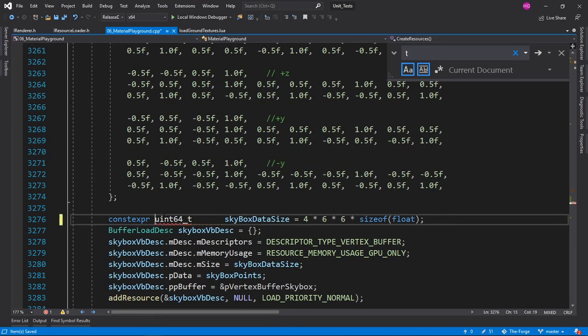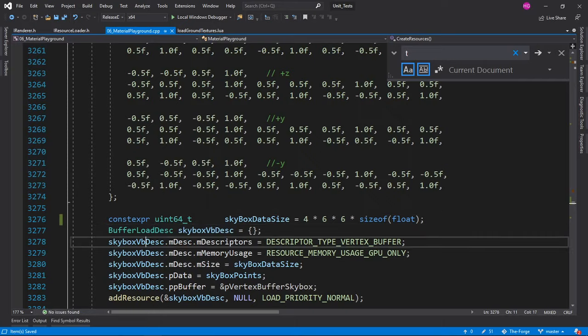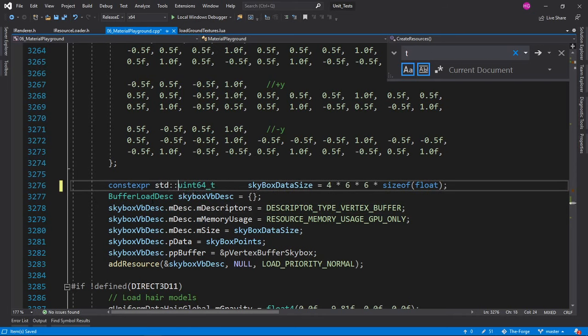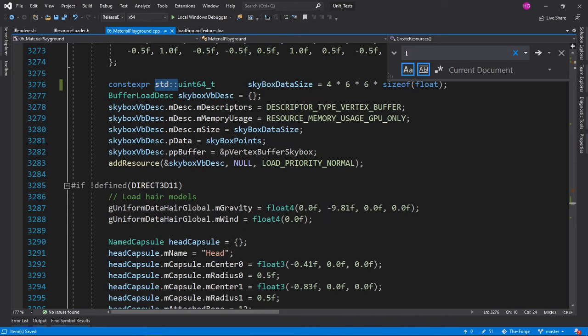I don't know what EASTL is. I don't recommend using it. I don't know why they are using it. I will definitely ask them in their Discord channel why they're using EASTL. Let's just stick with std here. Their code probably doesn't have any std in it, so this will be easy to find and replace later.